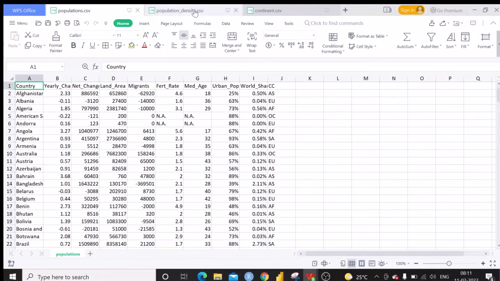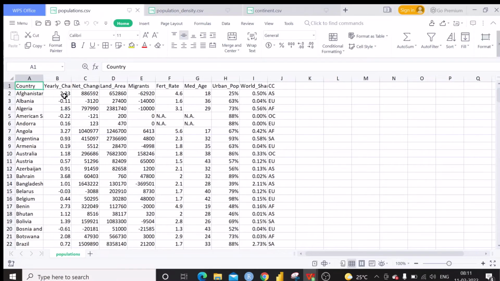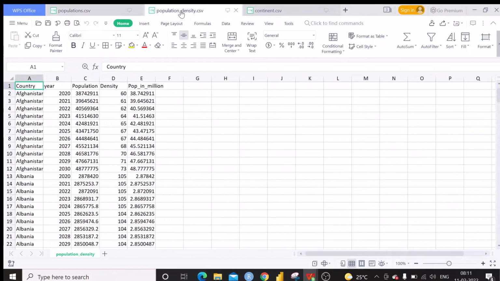The next data set is the population density. Here we have got country, year, population density, and population in million. For every country, I have got the population for the year 2020. Using the yearly change, I have calculated the population for every year, 2021, 2022 and so on for every country, so that the population has increased based on the yearly change.